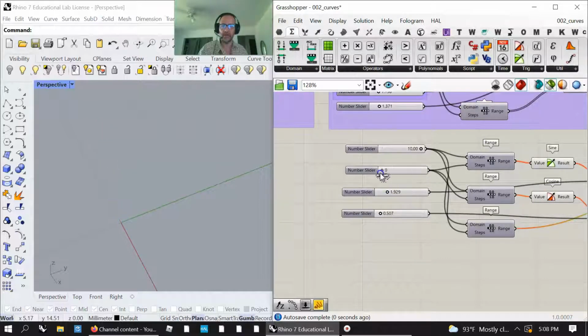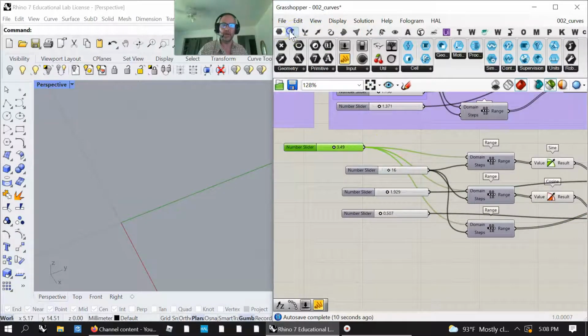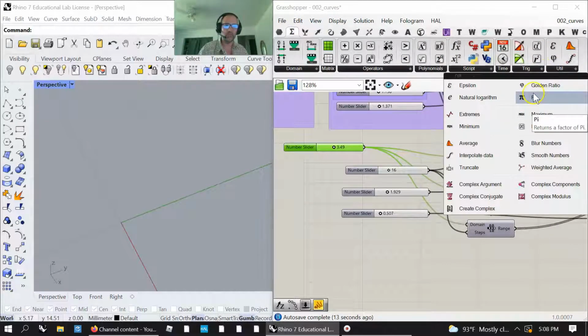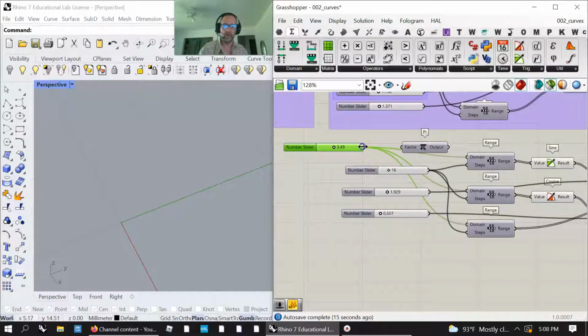I also can provide a lot more points or a lot fewer points, and then I can also extend it to its full length or not, and take it through as many rotations as I want. What I may end up doing in here, just to allow things to be kind of beautiful, is use the ability of mathematics to jump into something as beautiful as pi. I'm going to filter through all of this, and I'm going to put this as a count,